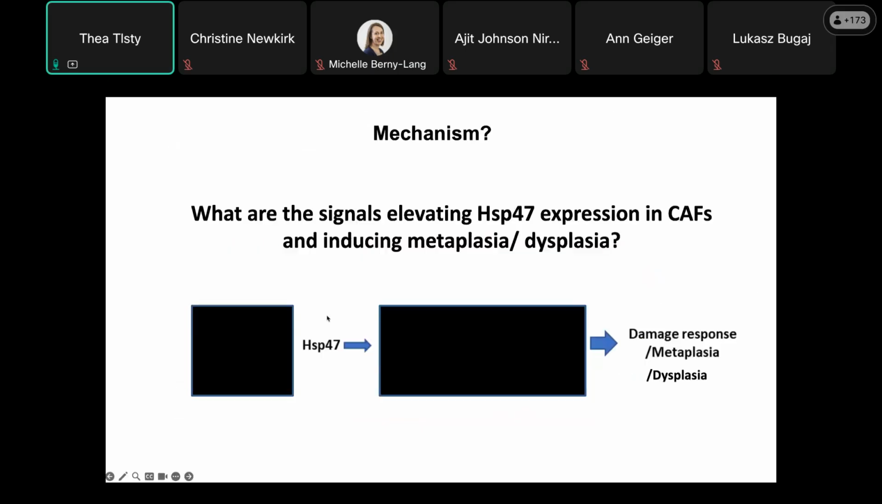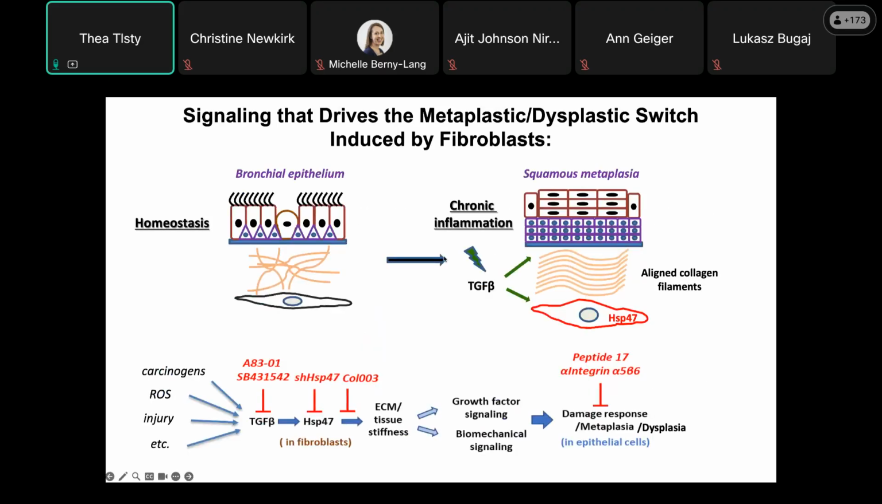So I've now told you that HSP47 is really important. There are 2 black boxes: what turns it on, and how the devil does it do that? The next slide unveils years of work and tells you the story. Here are the bronchial epithelial cells with the stromal ECM and cells. With chronic inflammation, you induce squamous metaplasia and all the changes. HSP47 is upregulated by TGF-beta. TGF-beta is induced by